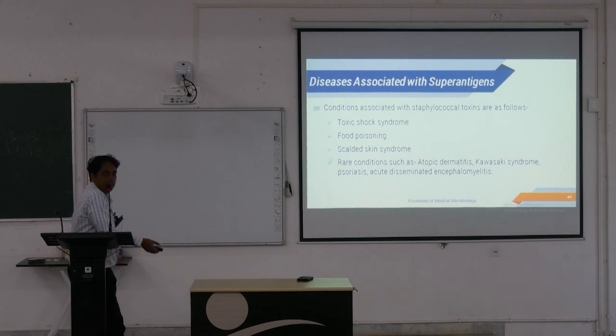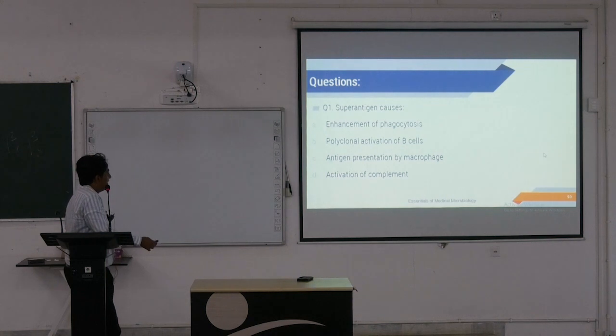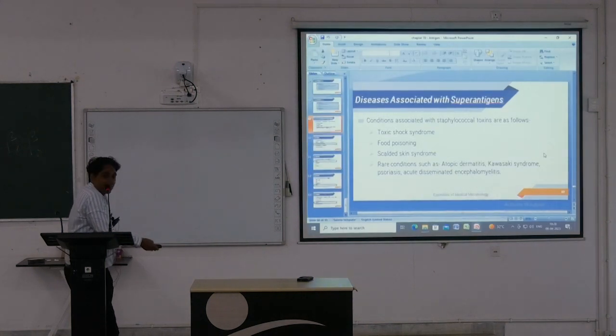কন্ডিশনস অ্যাসোসিয়েটেড উইথ স্ট্যাফাইলোকক্কাল টক্সিনস আর টক্সিক শক সিন্ড্রোম, ফুড পয়জনিং, স্ক্যালডেড স্কিন সিন্ড্রোম। আর কিছু রেয়ার কন্ডিশনস লাইক অ্যাটোপিক ডার্মাটাইটিস, কাওয়াসাকি সিন্ড্রোম, সোরিয়াসিস অ্যান্ড অ্যাকিউট ডিসেমিনেটেড এনকেফালোমাইলাইটিস, ঠিক আছে। তো ক্লাস তো শেষ।